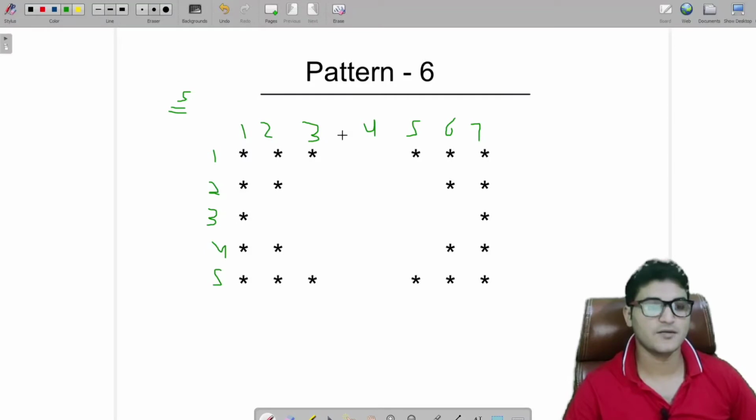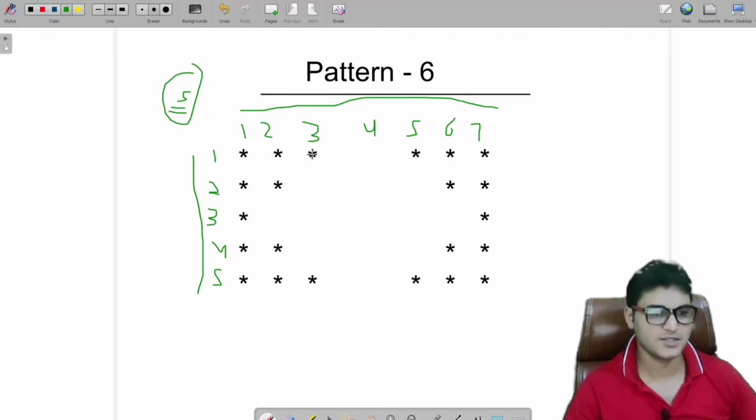We need to think about it: in our previous patterns, in most of them we had the same number of rows and the same number of columns, but here the thing is different. We have to maintain a series, like we will be drawing 5 rows and 7 columns in case of 5. Fine. So nothing much. Now we have to think about where the spaces are. These are the stars. We have a space here, here, here. The blank space denotes that we don't have any star in that position.